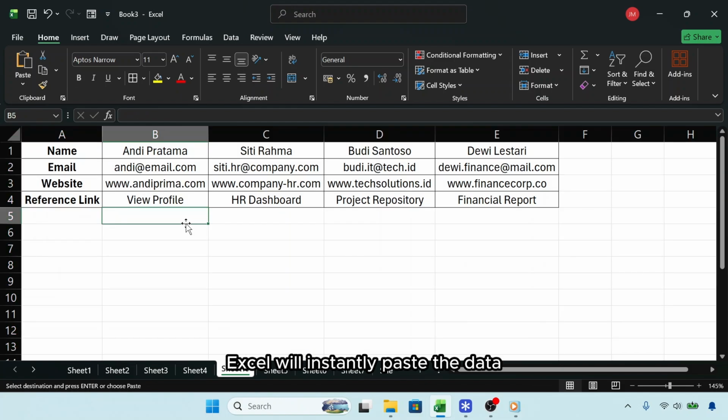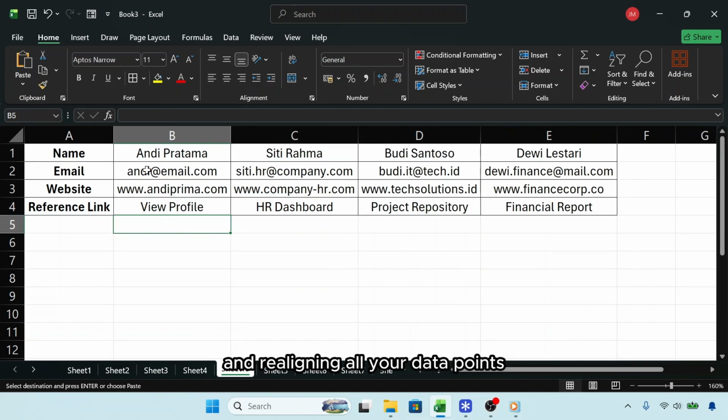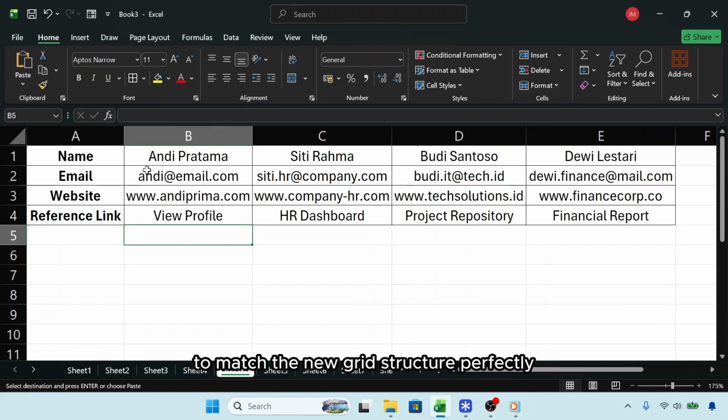Excel will instantly paste the data, flipping your horizontal row headers into vertical column headers and realigning all your data points to match the new grid structure perfectly. And that's it! Your spreadsheet layout is now perfectly rotated and